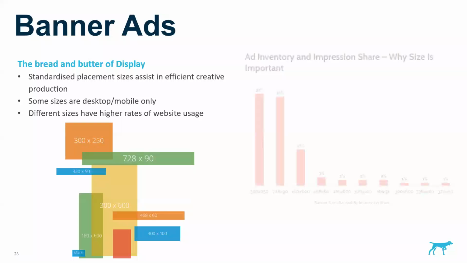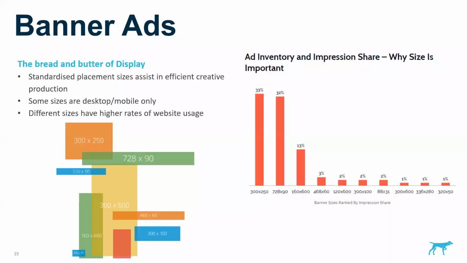So, you're looking at 8, 9 different sizes down there, but realistically, you could get away with 2, preferably 3. The 300 by 250 and 728 by 90 will cover nearly 2/3 of all impressions. So all views of ads that happen, you add on the 160 by 600, and that's a vast majority of all impressions. So, when you see this diagram, think, oh man, I've got to make ads in all these different sizes. Not really. 2 at worst, 3, and then you're pretty much done. You're going to be covering most of the inventory that's easily available.